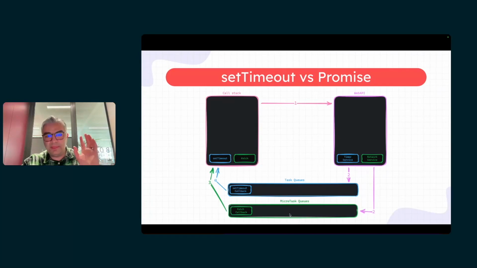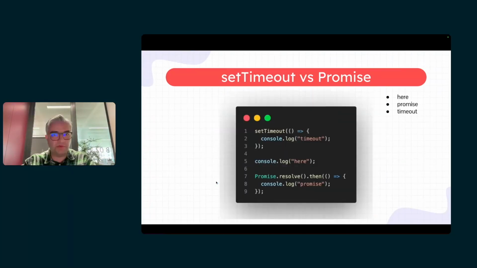So what does it mean? It means that whenever we want to push these two callbacks into the call stack, which one comes first? Micro task. So because of that, micro task and then task. If you get back to the previous question, now we can answer it better. Line 5, because this is single threaded, it starts running from top to bottom.